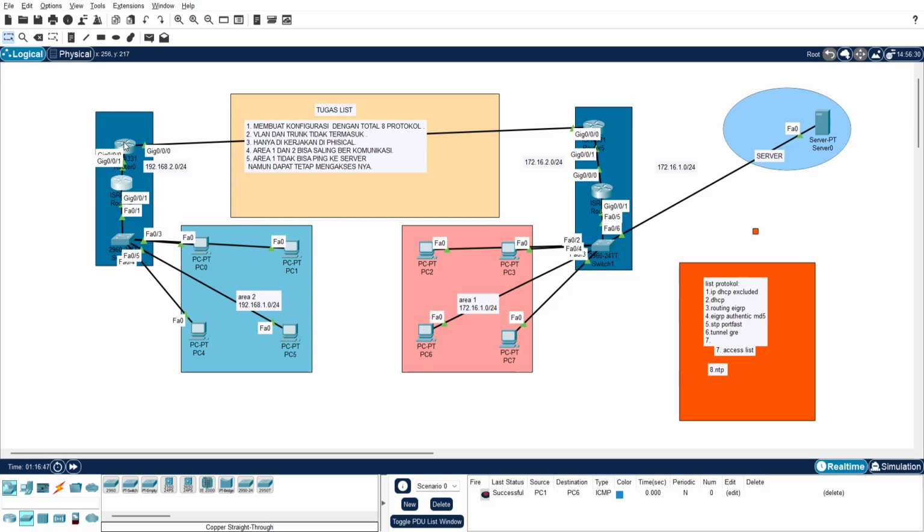If I'm using authentication MD5, if router 0 wants to connect to this router 5, it has to give an authentication key, and the router 5 has to give an authentication key as well. That's why it is more secure that way. That is the value of IGRP authentication MD5.